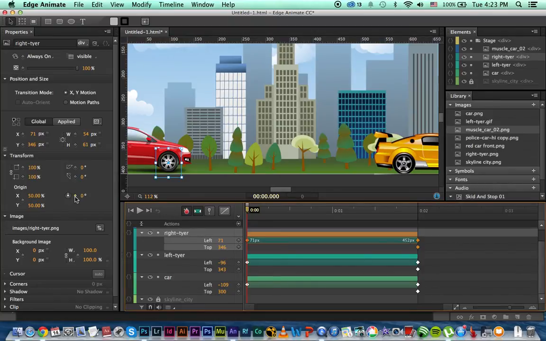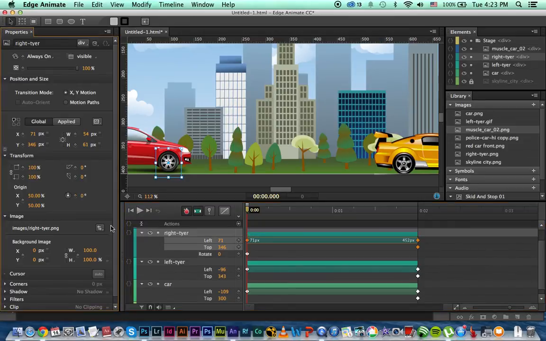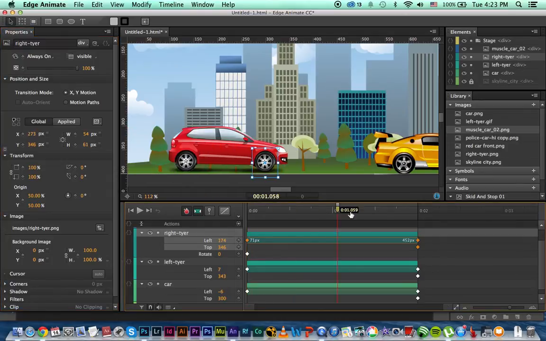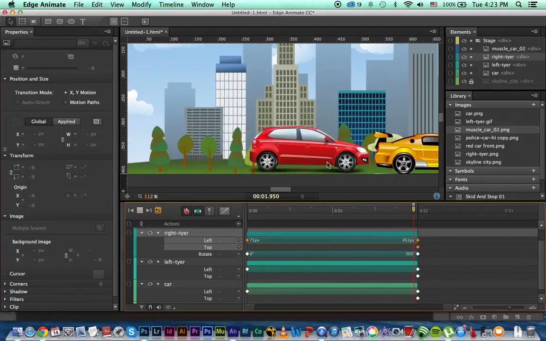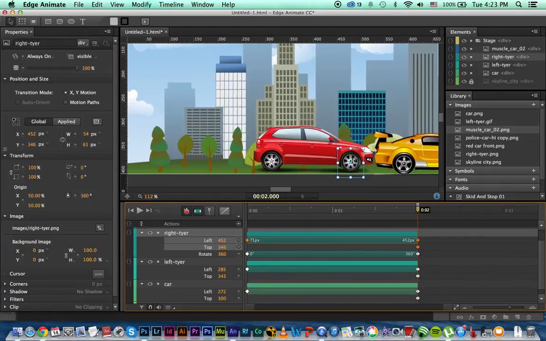I'm just going to go to rotation, add a keyframe. I'm saying start with 0, and when you reach the point 2 second, rotation should be 360. Enter. If I play, you can see the front tire is spinning, is moving,